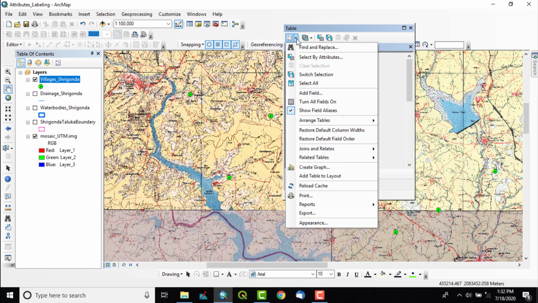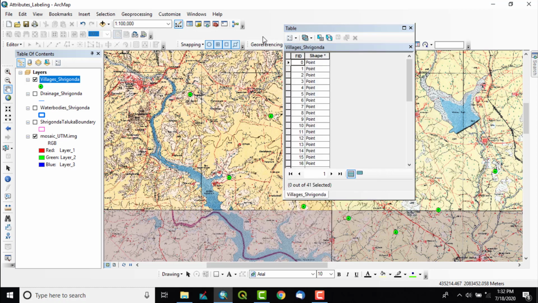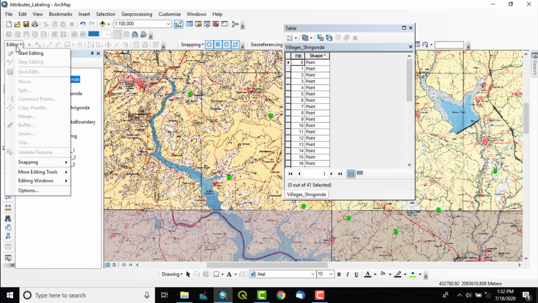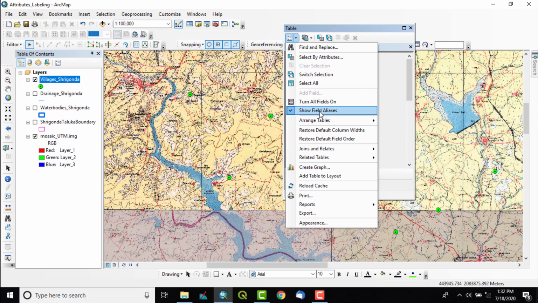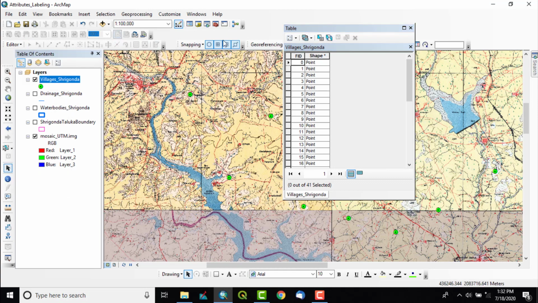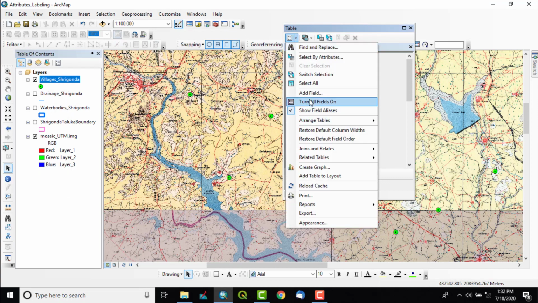So go to table options and click on add field. So keep in mind that this option is available only if our editing is off. If I start the edit, this option will not be visible, or this will not be available until we stop the edit. So we have to stop all the shapefiles editing.